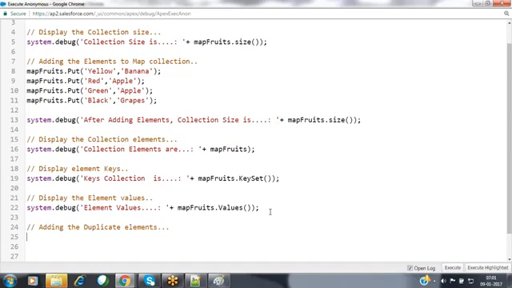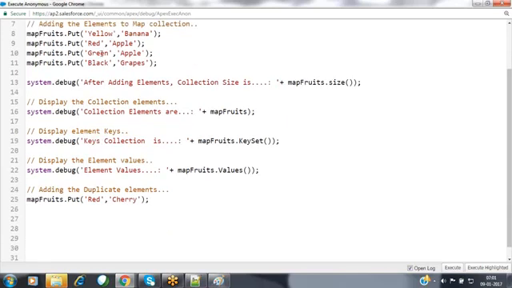I'm adding one more element to my collection: map fruits dot put, I'm specifying red, and adding cherry. So with the key red, already an element is available, the red apple. Now I'm adding one more element with the name red, cherry.